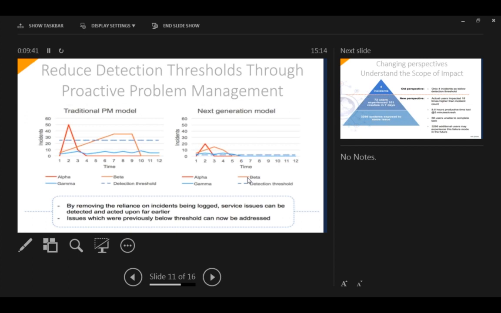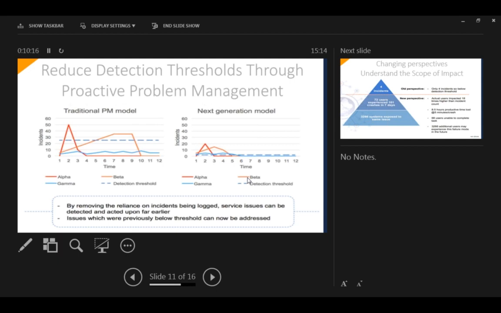correct process. What we can see is there's a number of users. So there are either the alpha, which is the spike, the beta, which is the continual rise in issues, and then thirdly there's the gamma, who just slowly sit under the radar, and this tends to be individuals that don't report issues into the service desk, and they can just continue to work, and they just see it as acceptable in IT. If we look at the next generation model, so this is the NextThink model, that detection threshold